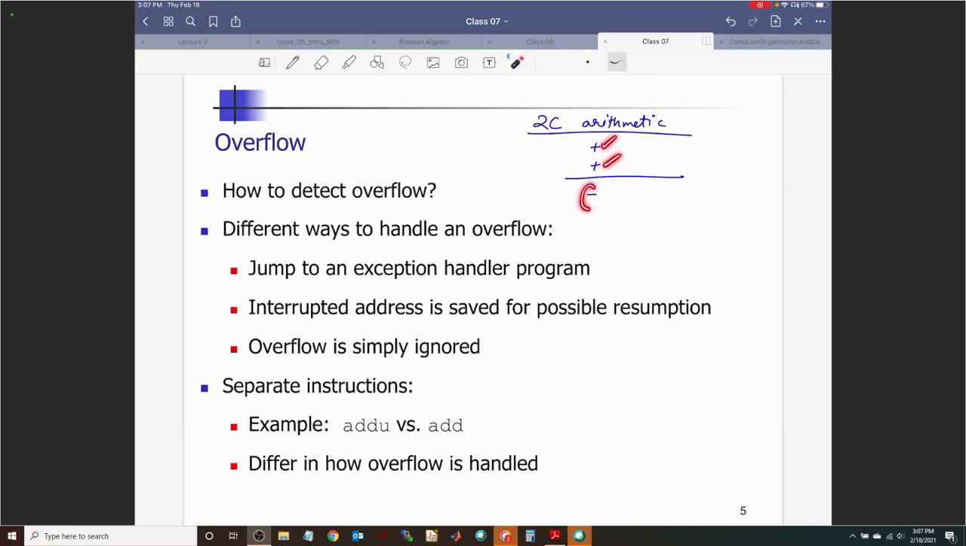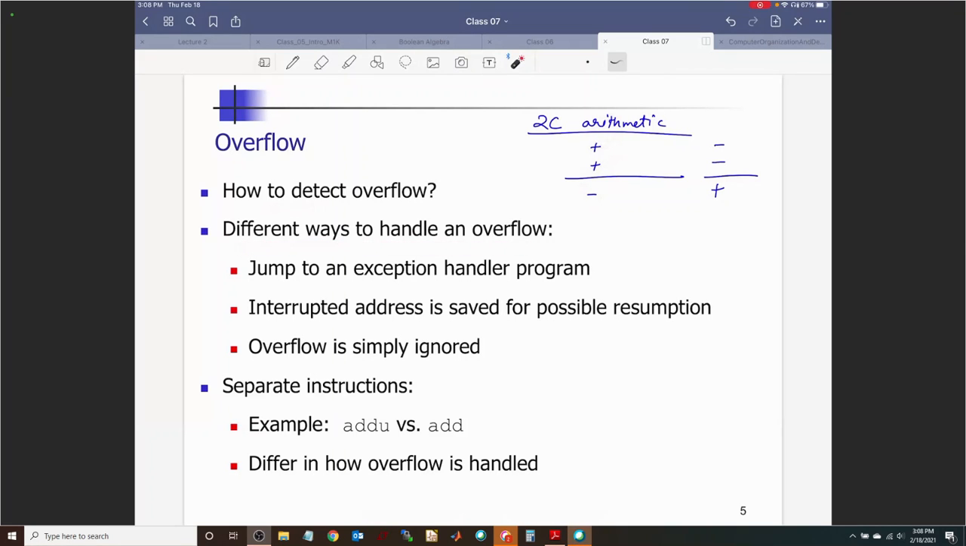Positive, positive, it is negative, overflow has occurred. And negative, negative, you add them up and you got a positive result, overflow has occurred. Right? So that's how you would detect overflow, by monitoring certain bits of the operands and the result. How do you handle it? Well,